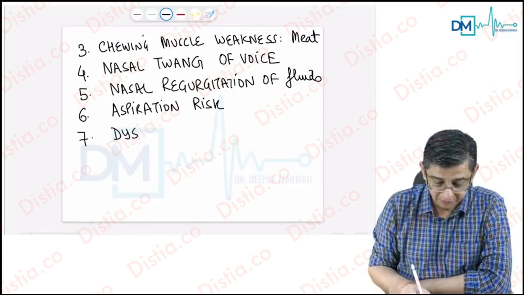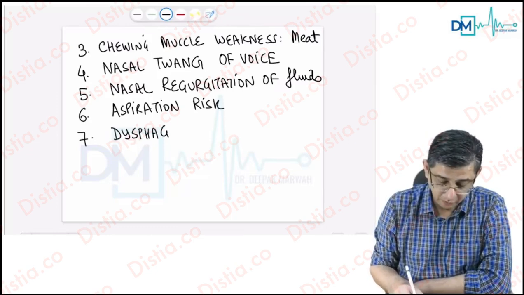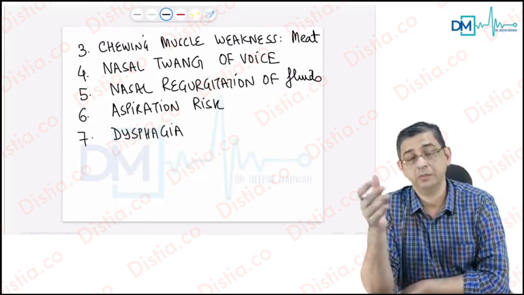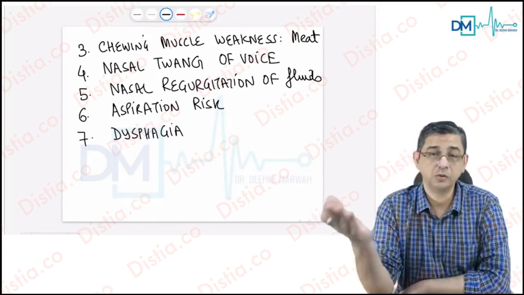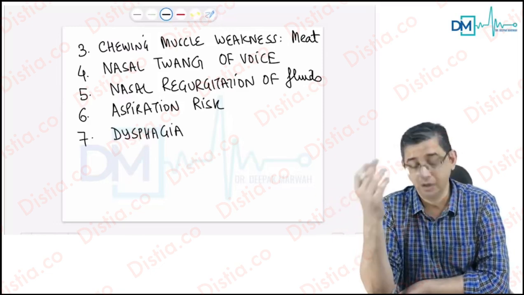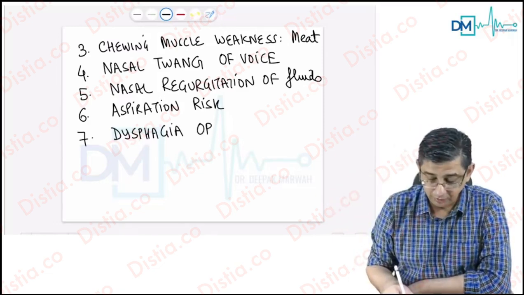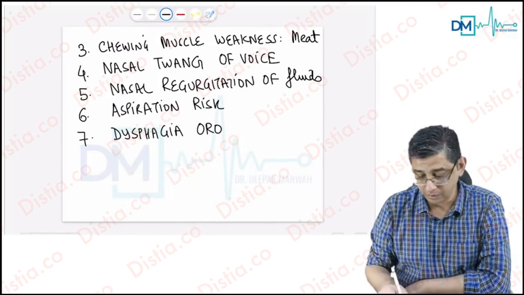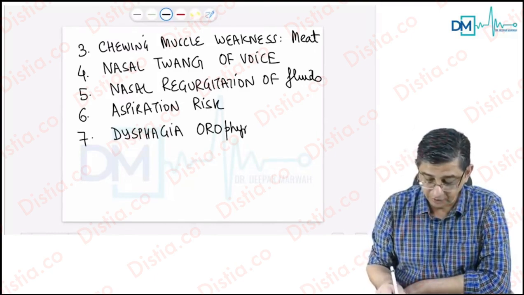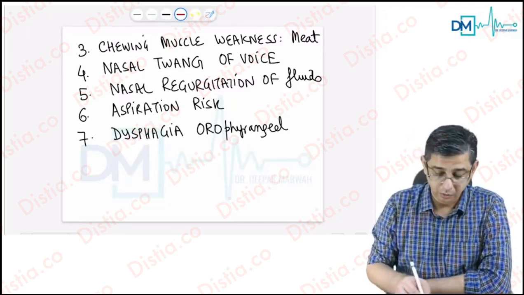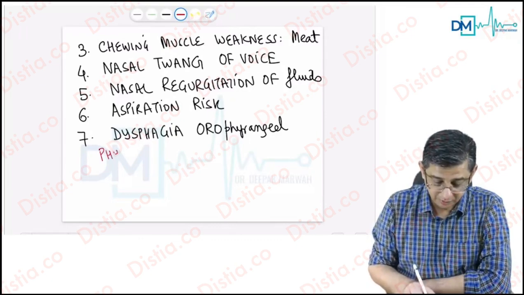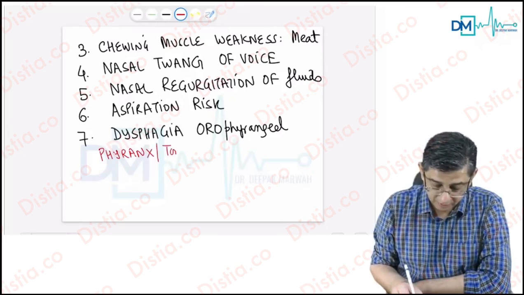When I say the word dysphagia for these patients, the impression is that the esophagus is involved, but please appreciate that the esophagus is smooth muscle, and this is not a disease of the smooth muscle, this is a disease of the skeletal muscle. Therefore, because the tongue cannot perform like a normal person, I'm writing the word oropharyngeal dysphagia can also be described for these patients. To summarize these points, I can say the voluntary muscles related to the pharynx, the tongue, and the soft palate